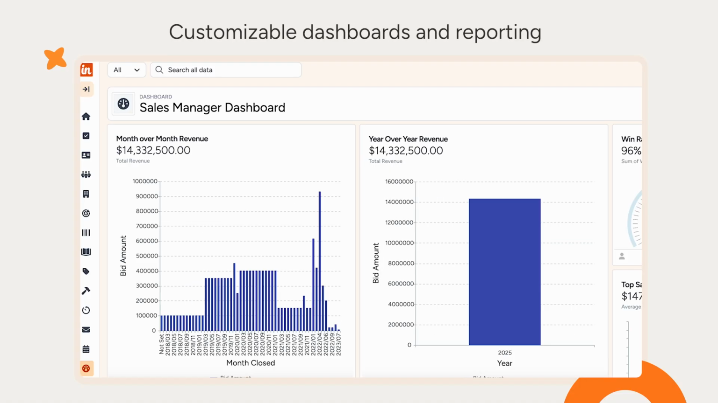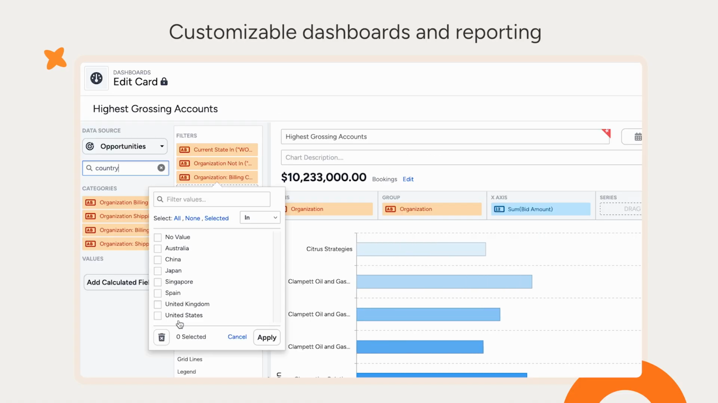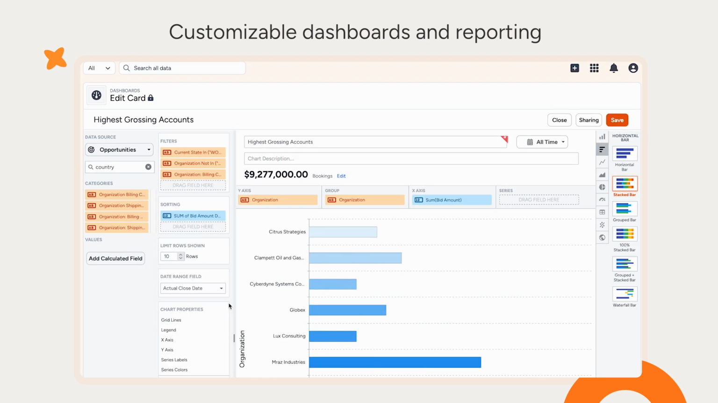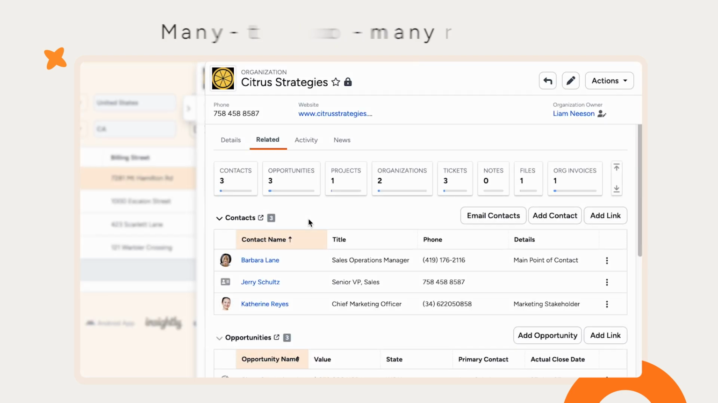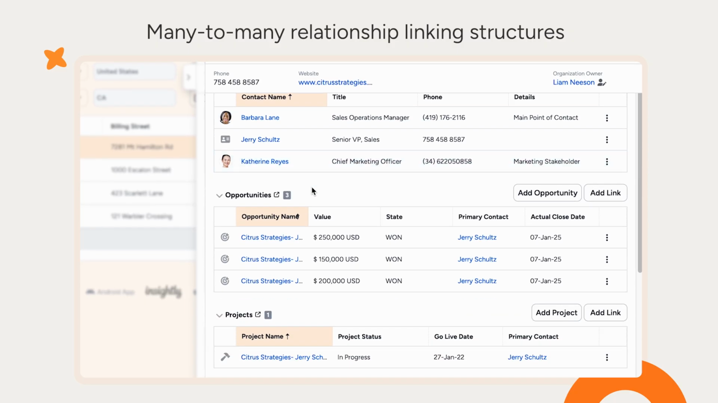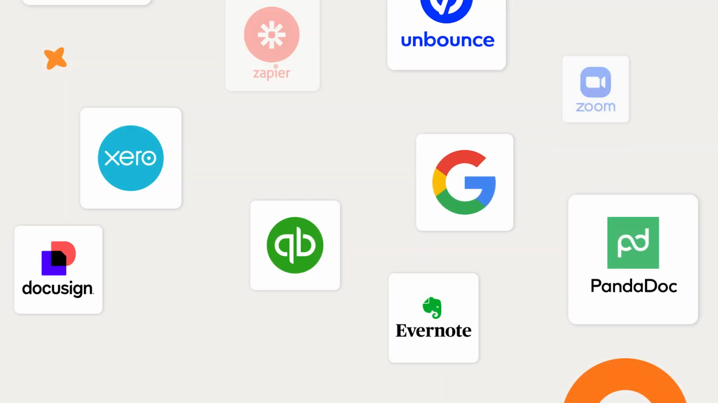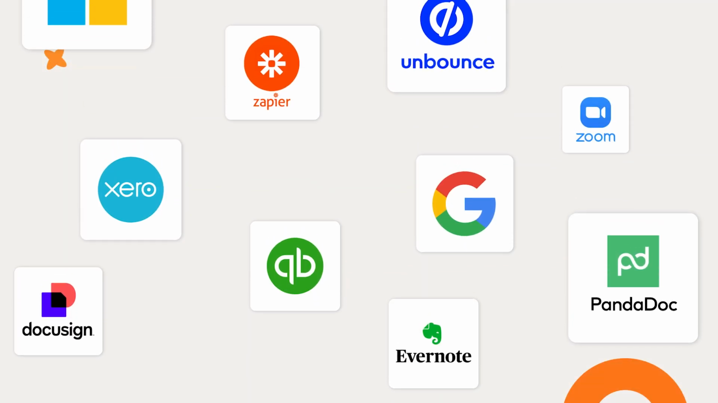In this demo, we'll specifically review Insightly's customizable dashboards and reporting available to provide real-time, actionable visibility into the metrics that matter to your business, the many-to-many relationship linking structures for contact to account mapping and management, email syncing to keep all important communication right in Insightly, other useful integrations designed to help you make Insightly your source of truth